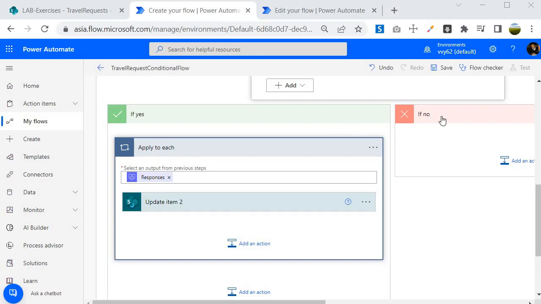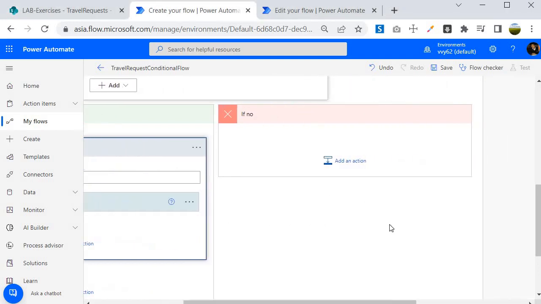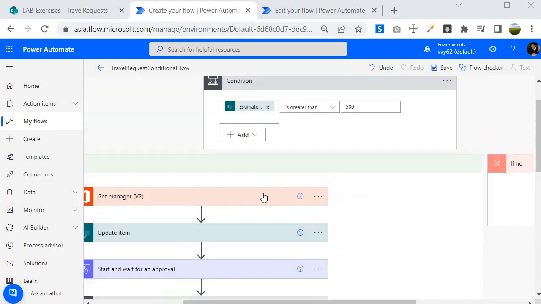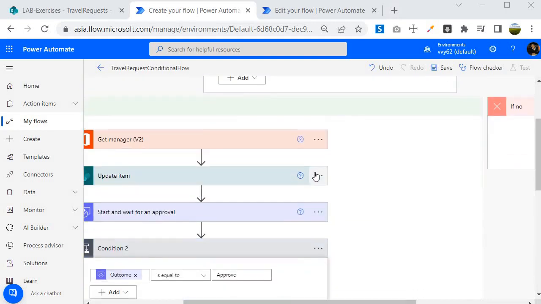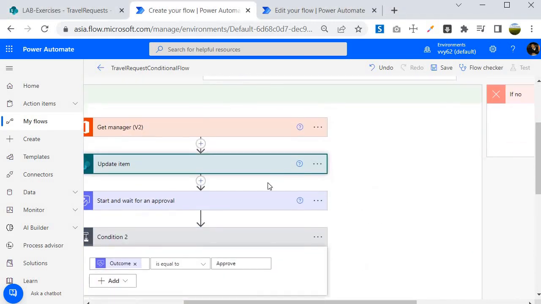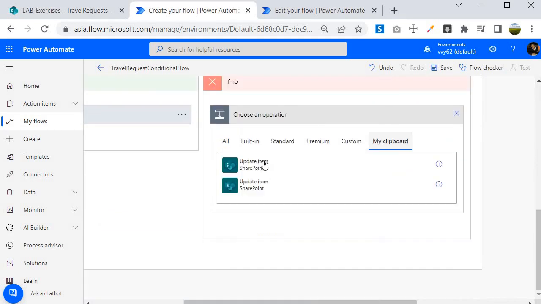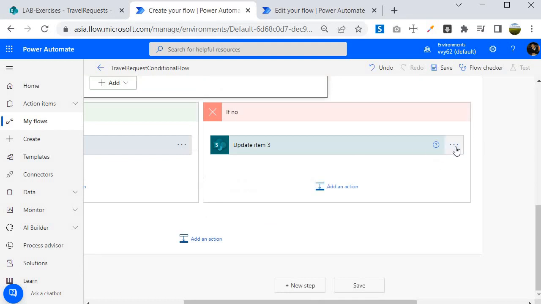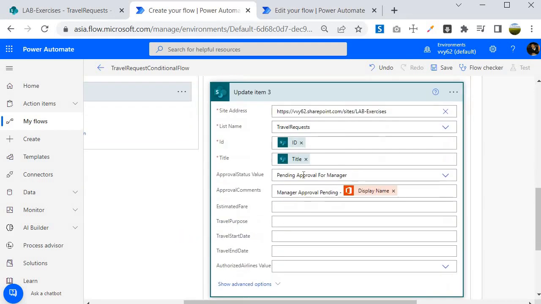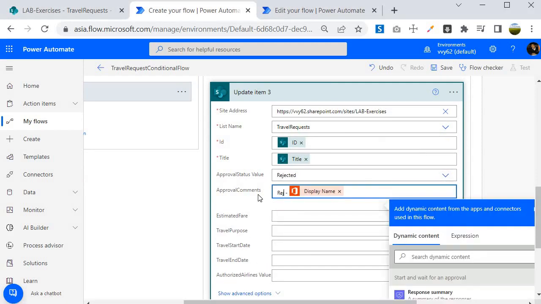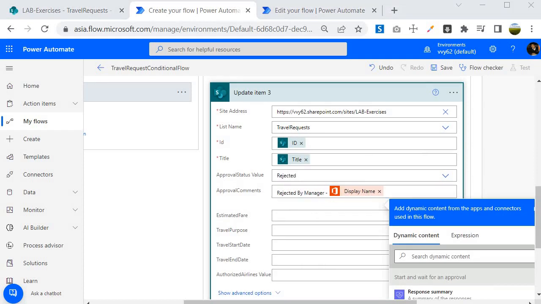But prior to that, I want to handle the reject scenario. When the manager rejects it, what will happen? It will put the status rejected, and then the workflow gets completed. So over here I will again copy this update item, because I want to update the status. From my clipboard, click on update item, and then I will update over here and change the status first to rejected, and over here I specify rejected by manager,